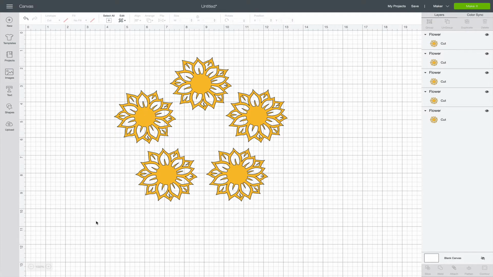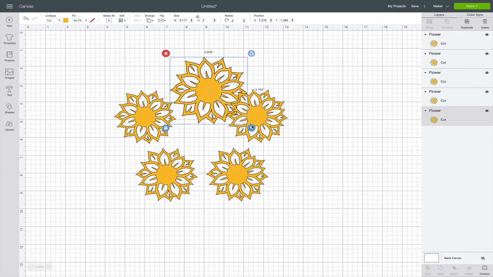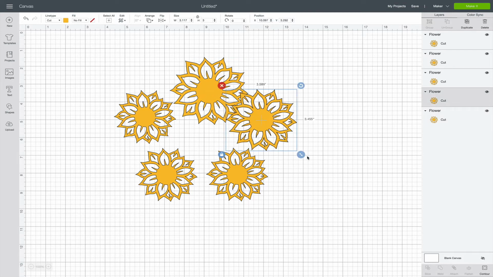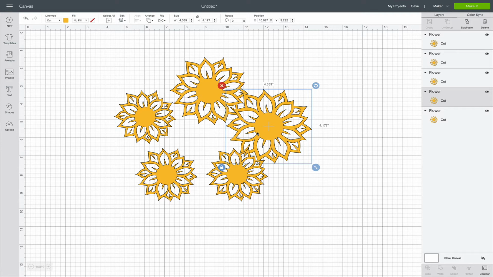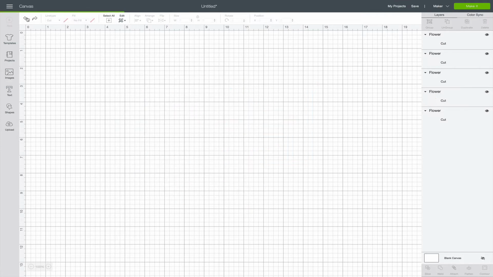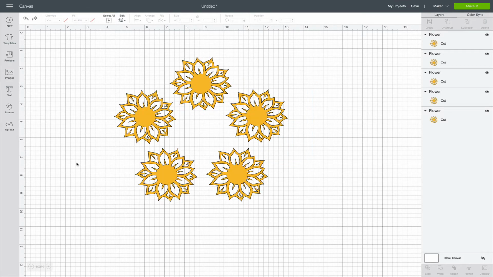So let's say this is the exact layout of the sunflowers I want, but I realized that I needed to make them all a little bit larger. So rather than taking one at a time and dragging them and trying to make sure that everything is still in the same general proportion as I started with, let's undo. One thing I can do is group these images so that